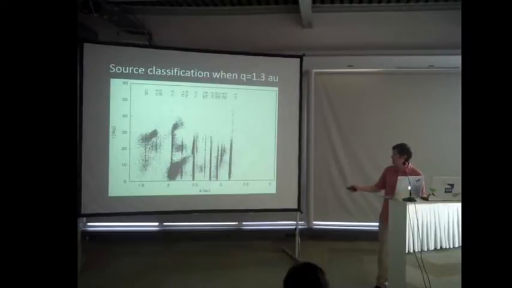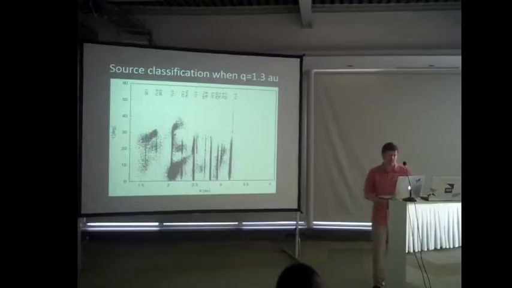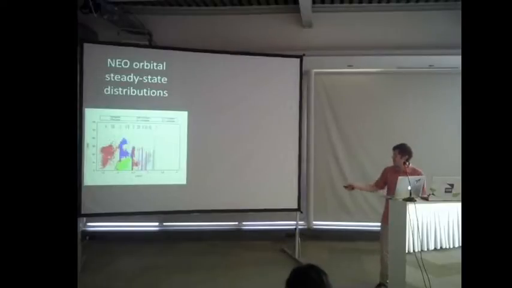And this is their distribution at that point. And as you see, they are aligned along these mean motion resonances, and then there's also some strong secular resonances like the nu6. And now at this time, we classify these test asteroids that we integrate into different source regions. So I'll just color them here. So we have a nu6 region, stuff coming from the Hungaria population, and a number of different